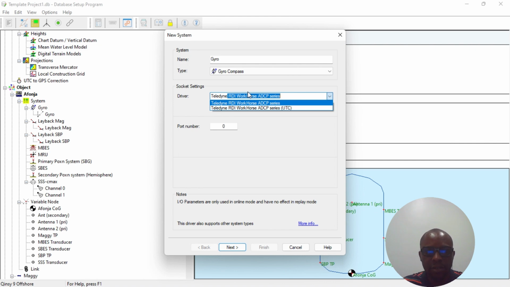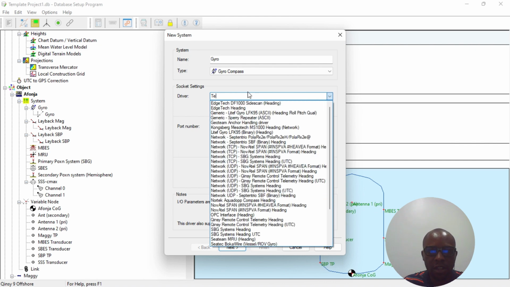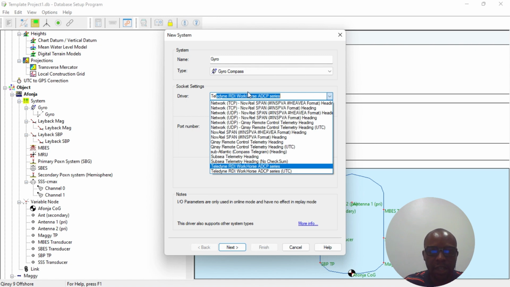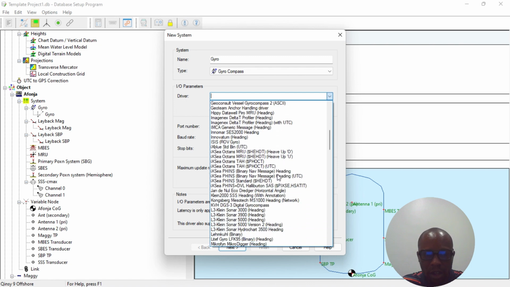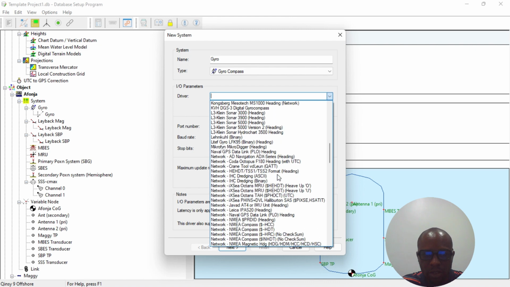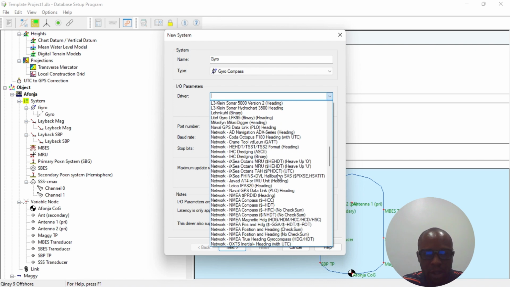You may not be able to find these here because of the version of Qinsy I'm using, but typically you need to find the particular driver for the system that you are using. Let me see if I can use something else. For example, if we use this one here,